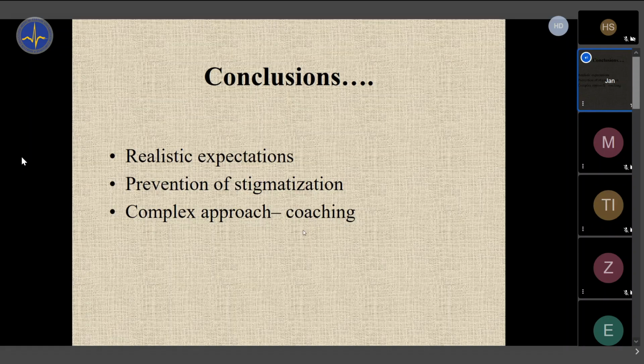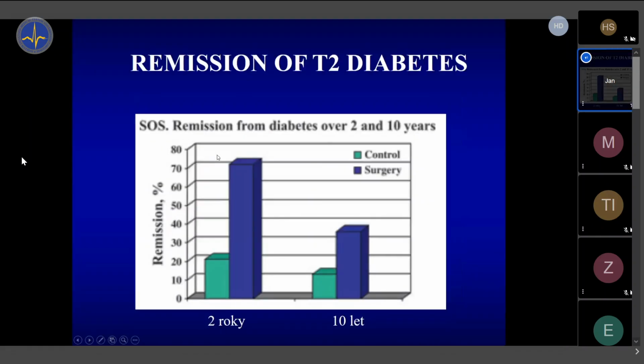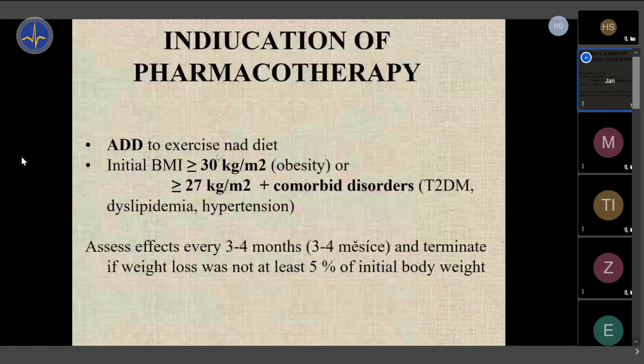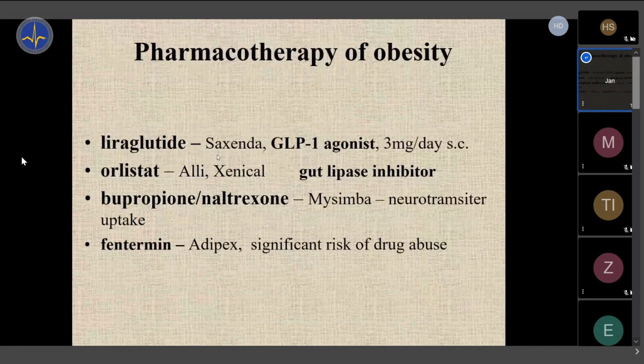Question from Vitaly is: to what extent should we be aware of pharmacodynamics of the drugs? Well, it's a very, very good and very difficult question. Of course, when you combine any drug, you need to take into consideration the metabolism and so on. But on the other hand, I said that we will combine this with orlistat, and orlistat, I didn't mention it, but orlistat is an inhibitor of gut lipases, and it's not absorbed into the bloodstream. So orlistat, this Alli, this Xenical, Alli over-the-counter preparation, inhibits gut lipases, but it stays local. It stays in the gut. It doesn't go to the blood, so it doesn't need to be metabolized in the liver.